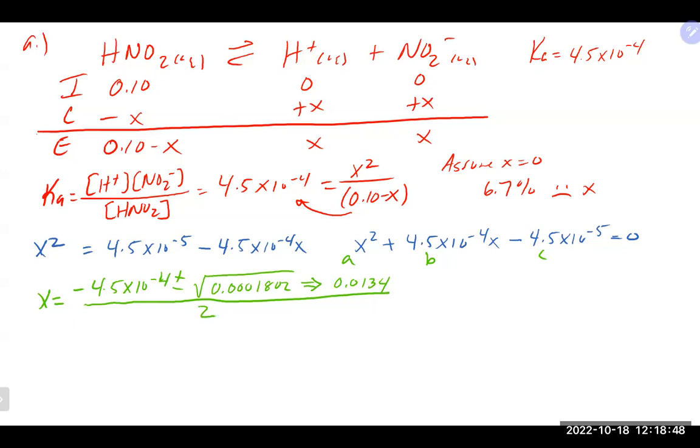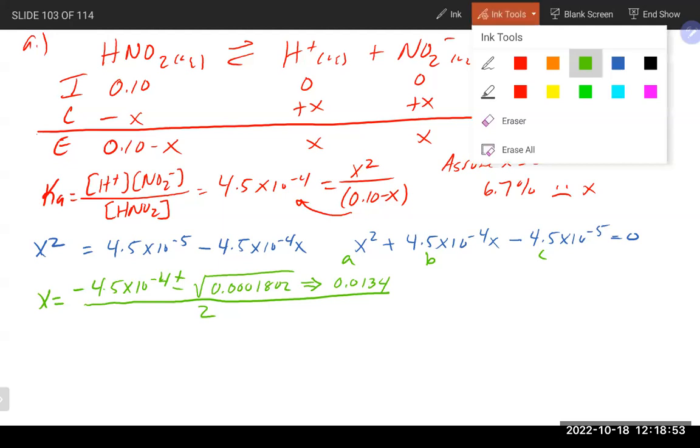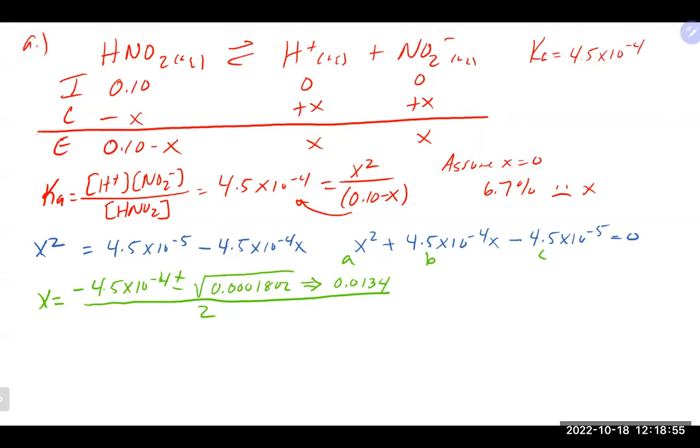This is again going to give us 2 x values. So I'm going to do the plus first. So minus 4.5 to the minus 4 plus 0.0134 divided by 2